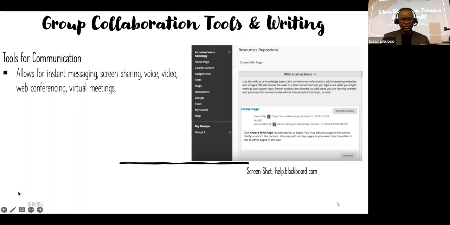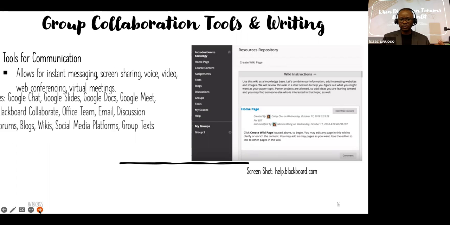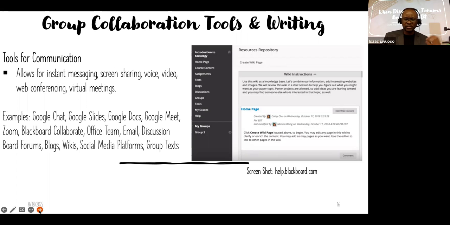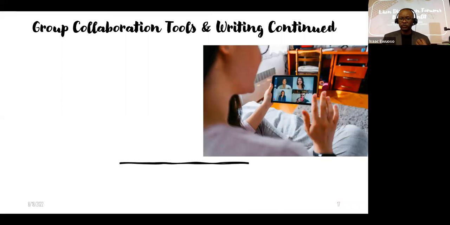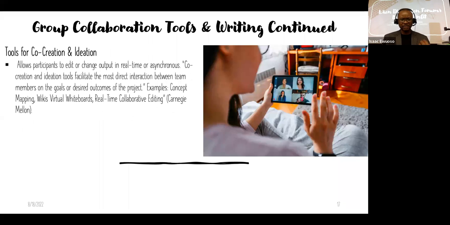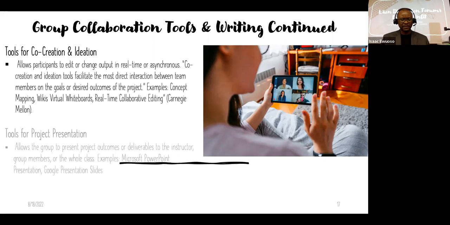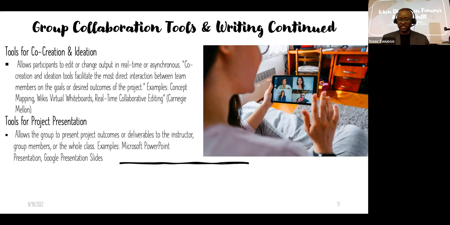Even though I've highlighted communication tools, Google Docs, Google Slides, email, and discussion board forums, students rarely use just one collaborative tool, but multiples of these tools. So I think it's important to highlight that. It's also important to talk about group collaboration tools, specifically the ones for co-creation, ideation, and project presentations. Our students are aware of this.